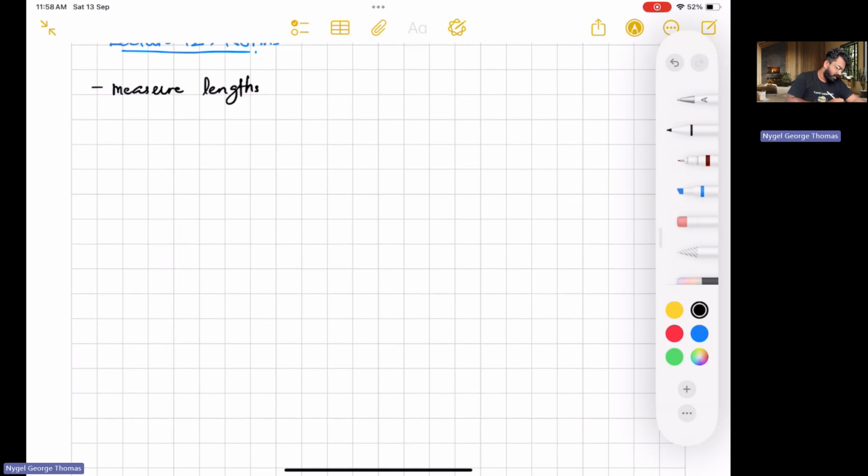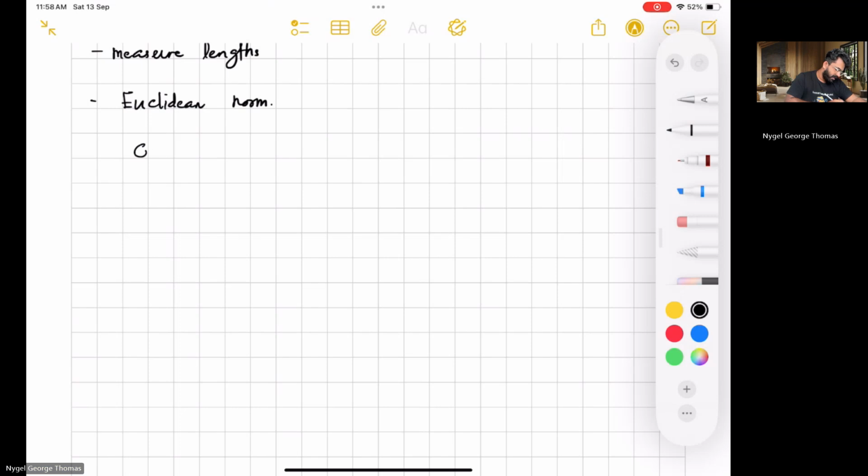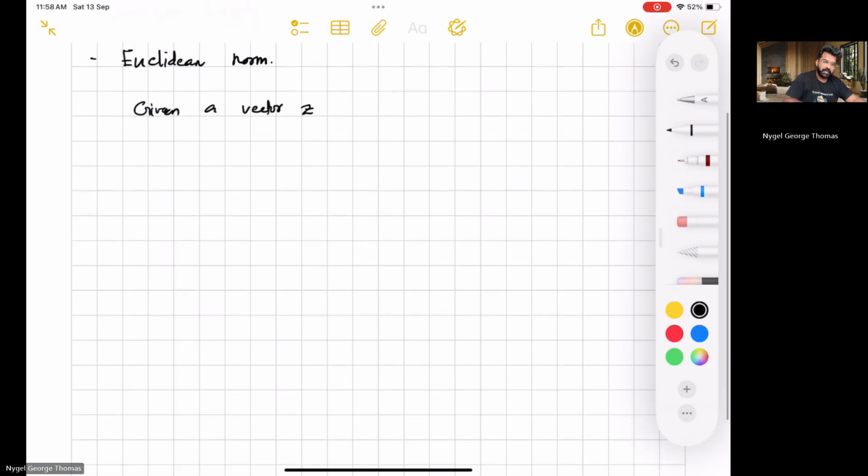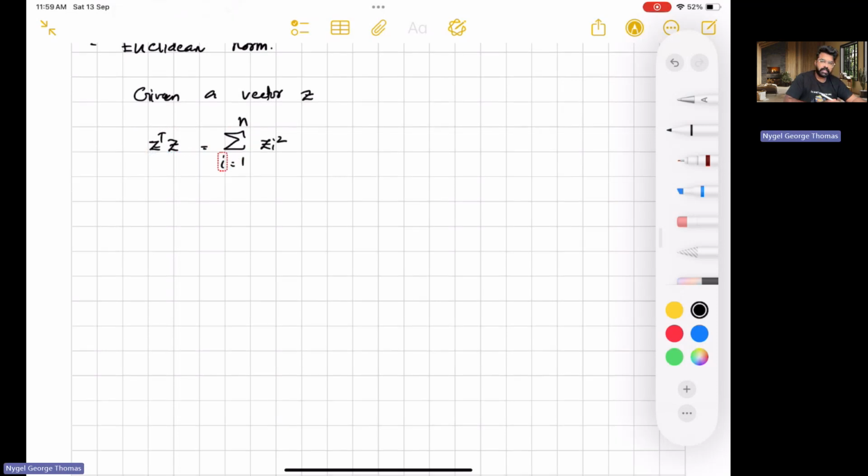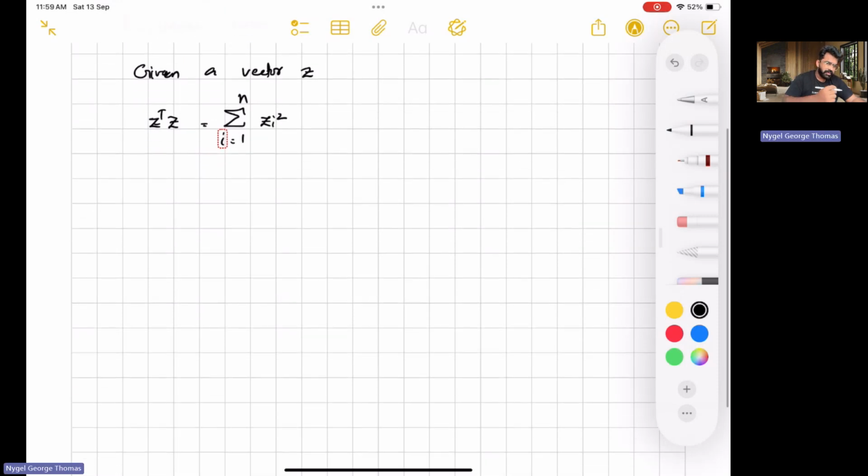So the very basic norm is actually something which we are all familiar with, which is known as the Euclidean norm. Given a vector z, the simplest Euclidean norm is defined by z transpose z, which is actually the sum of all the squares of all the components of the vector, z_i squared, which is the basic norm which we have. And there are other variations of Euclidean norm,